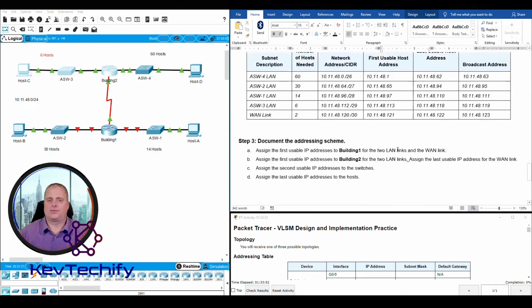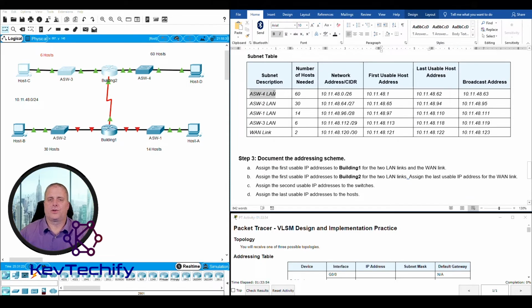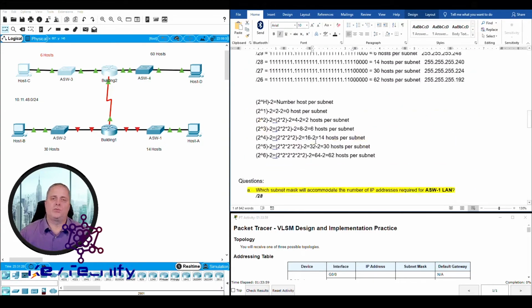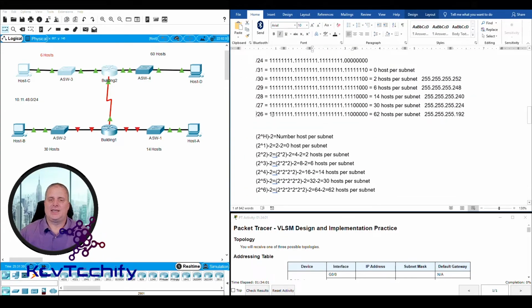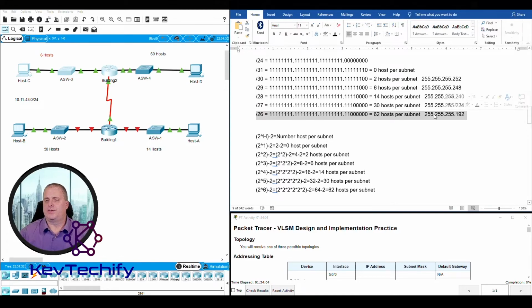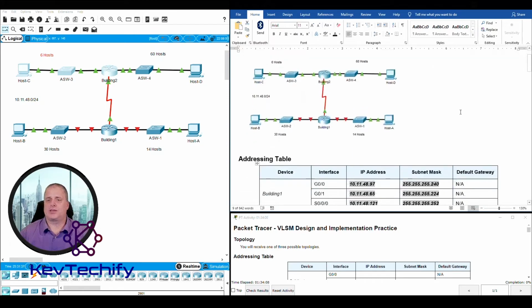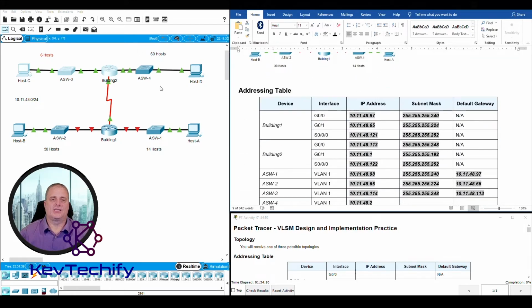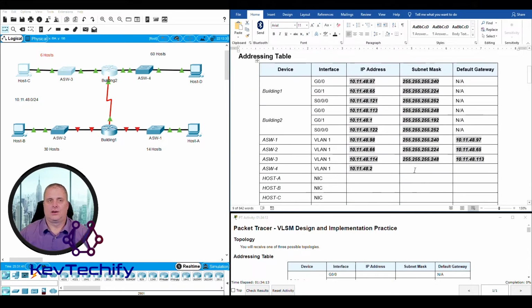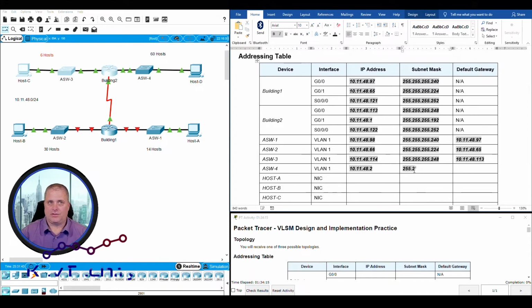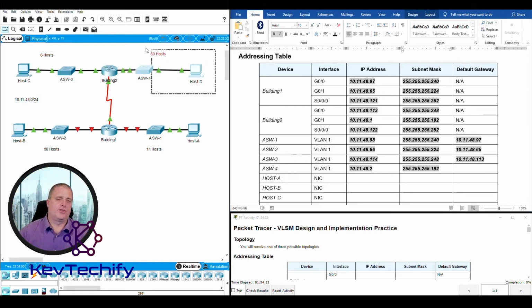Scroll back down. Our ASW4 LAN has a /26 address. You scroll up to the table we built. /26 gives us 255.255.255.192. That is our subnet mask for this ASW4 LAN there. And once again, that was 255.255.255.192. And we need to get the default gateway for this local area network that has host D and the